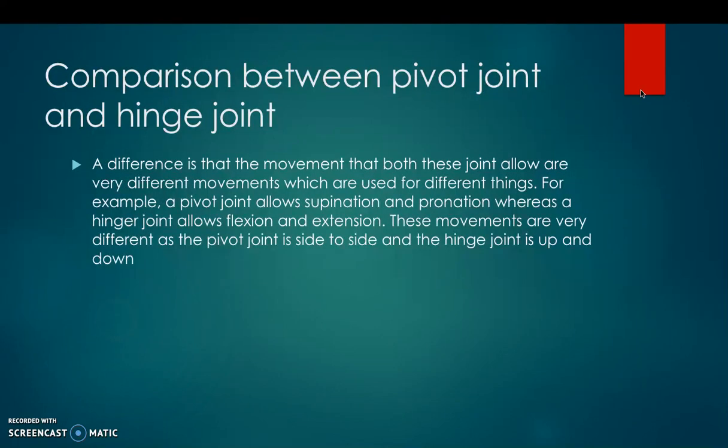Comparison between a pivot joint and a hinge joint. The difference is that the movement that these joints allow are very different movements which are used for different things. For example, a pivot joint allows supination and pronation, whereas a hinge joint allows flexion and extension. These movements are very different as the pivot joint is side to side and the hinge joint is up and